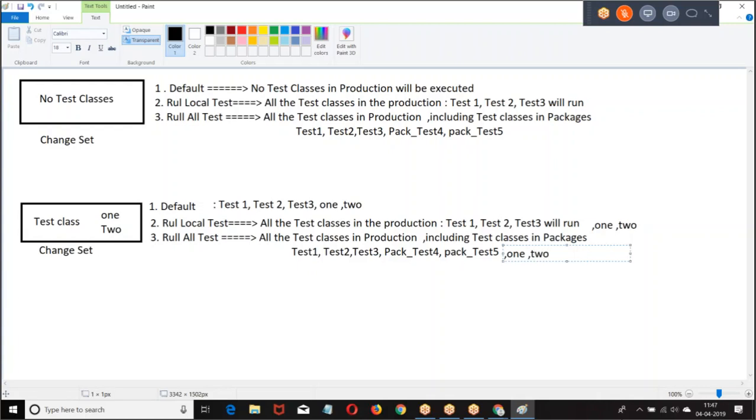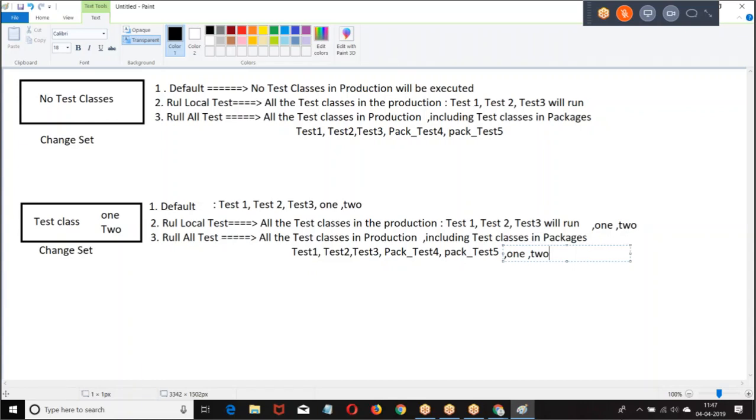If the change set contains test classes, then there is no difference between default and run local tests. If the change set doesn't contain any test classes, there is a difference between default and run local tests. I hope you got my point.